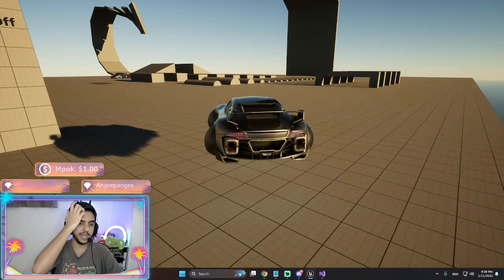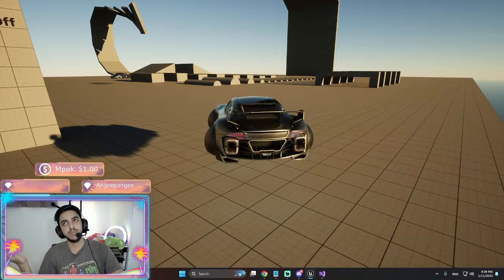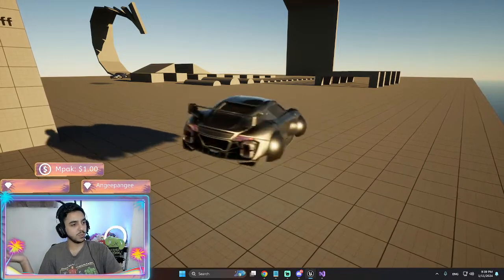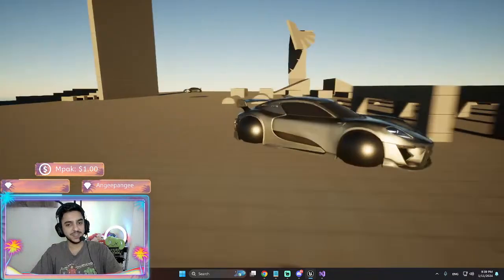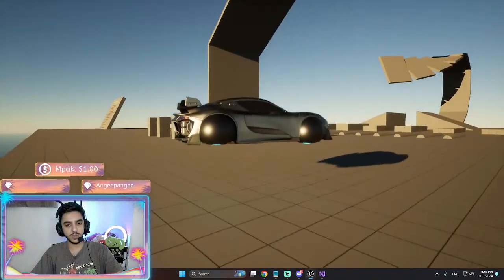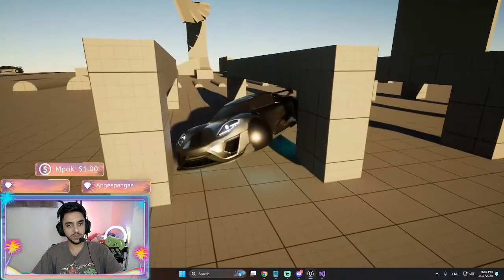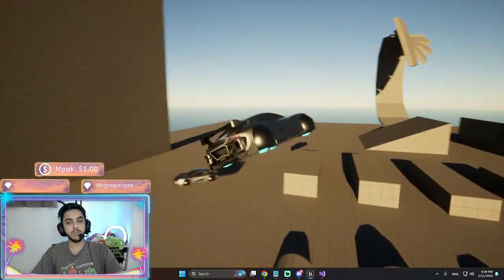So if you're making a game and you happen to want a hover vehicle in your game that's smoothly working like this, then I got you covered. You can move, you can adjust the height like this, you can go down, go up. So you can pass through obstacles just like that. Oh, I just crashed there. And guess what? You can jump.